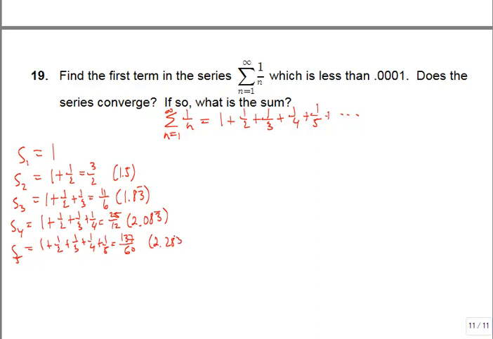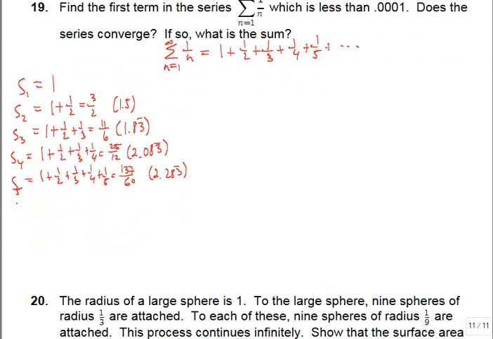2.283 repeating. And just to give you an idea here, this is kind of tedious, but you can use some technology to help you figure out the 1000th partial sum, which is about 7.49. The 2000th partial sum is about 8.18. The 3000th partial sum is 8.59, and the 248,042nd partial sum is